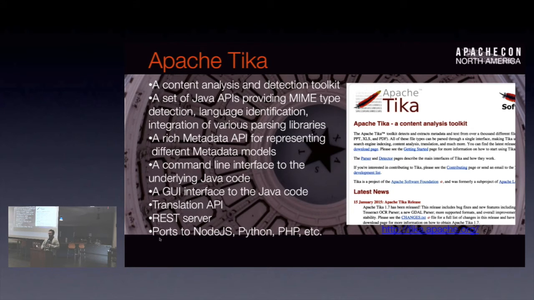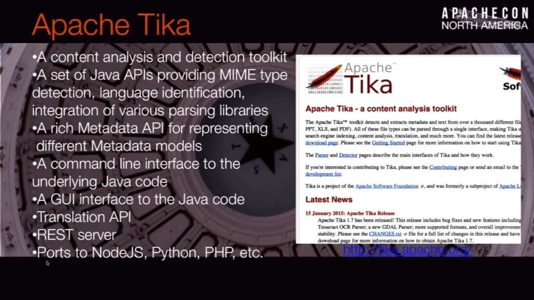I don't hear any. Okay, so Tika is a library that combines all of that stuff we have to deal with for content detection and analysis. Tika is written in Java. It's a Java API and a library. We expose it from the command line. A lot of people use Tika using the Tika app, which is a command line utility. Some people use the GUI. It's kind of crappy. It's just a Swing app. I don't use it, but we left it in there.